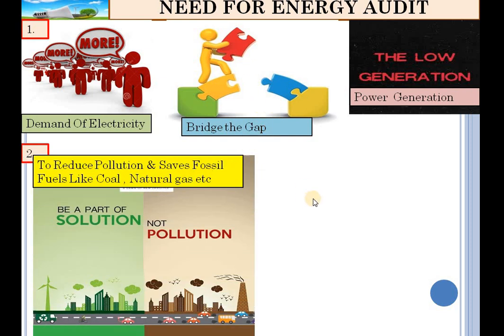Also, in India most of the power is generated by coal power plants. Coal power plants cause more air pollution, which causes global warming. For that purpose we should reduce our demand, meaning whenever electricity is required we should use it, otherwise we